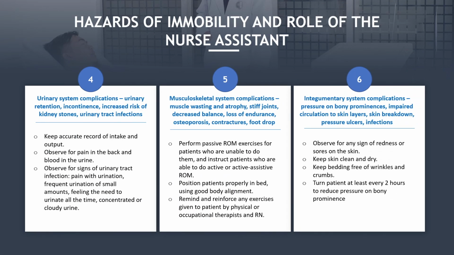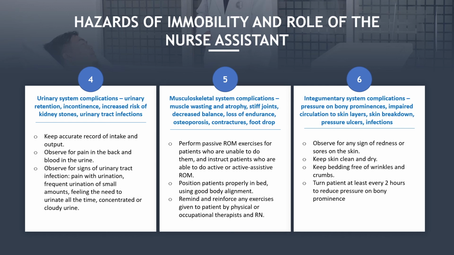4. Urinary system complications, such as urinary retention, incontinence, increased risk of kidney stones, and urinary tract infections. Keep an accurate record of intake and output. Observe for pain in the back and blood in urine. Observe for signs of urinary tract infection: pain with urination, frequent urination of small amounts, feeling the need to urinate all the time, and concentrated or cloudy urine. 5. Musculoskeletal system complications such as muscle wasting and atrophy, stiff joints, decreased balance, loss of endurance, osteoporosis, contractures,